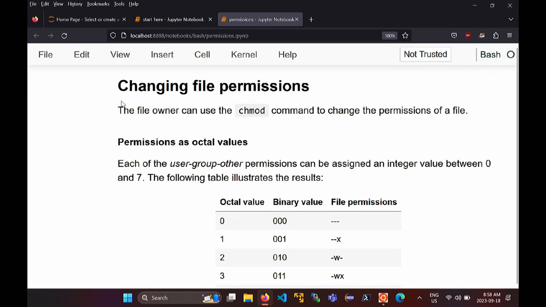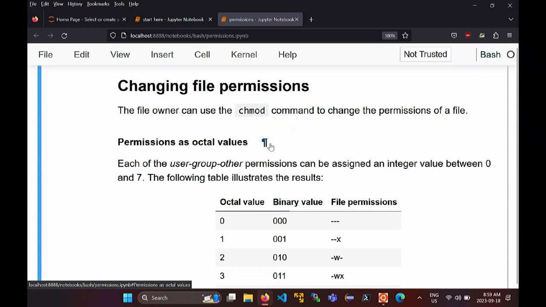Okay, so how do you change permissions on a file? There's one command, it's called chmod, right? So change mode, which changes the permissions of a file. Now the question is how do you specify the permissions? If you actually look at the man page for chmod, you'll see that